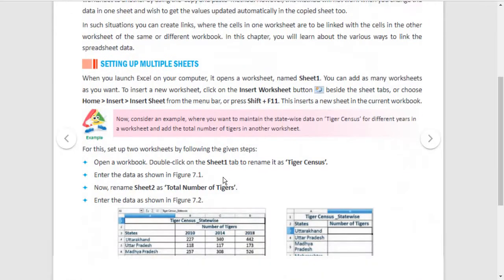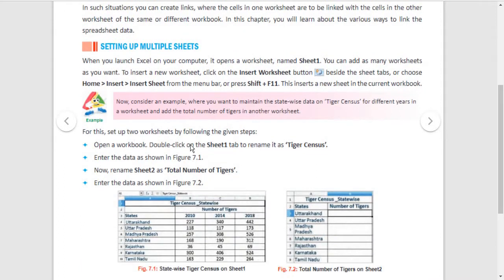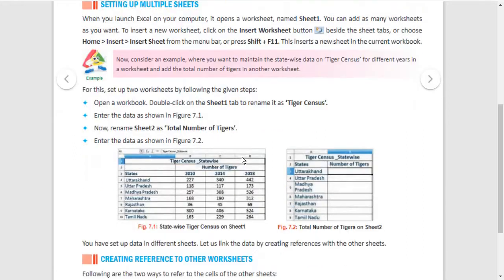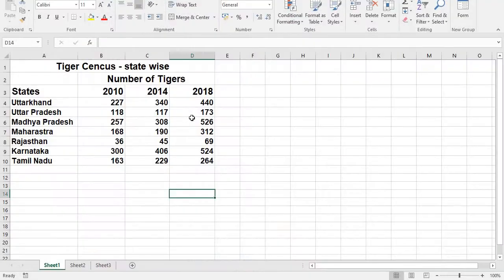Now, how will you set up multiple worksheets? Here is some data. You know how to open a worksheet. See here, I have typed some data in an Excel worksheet.